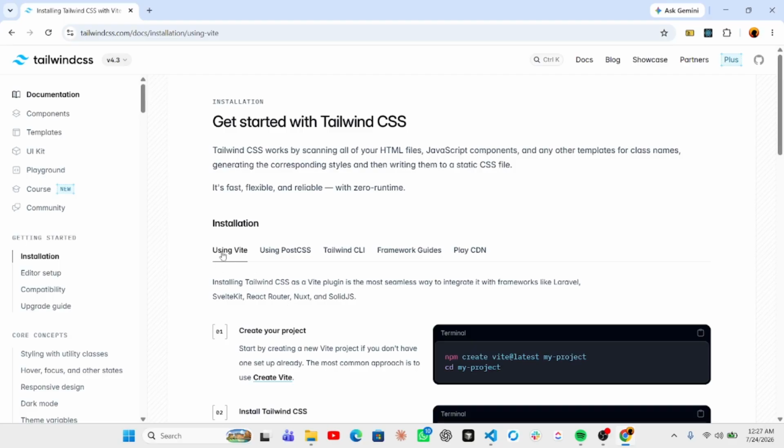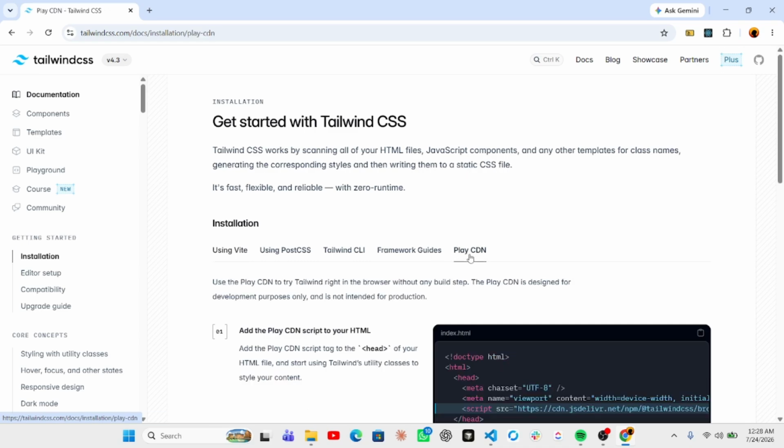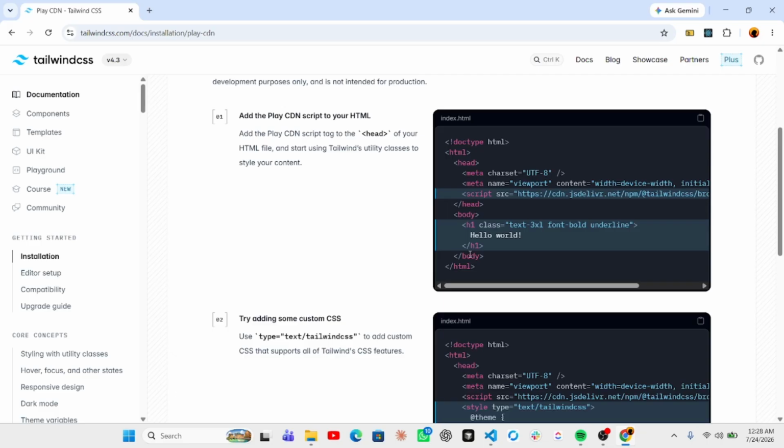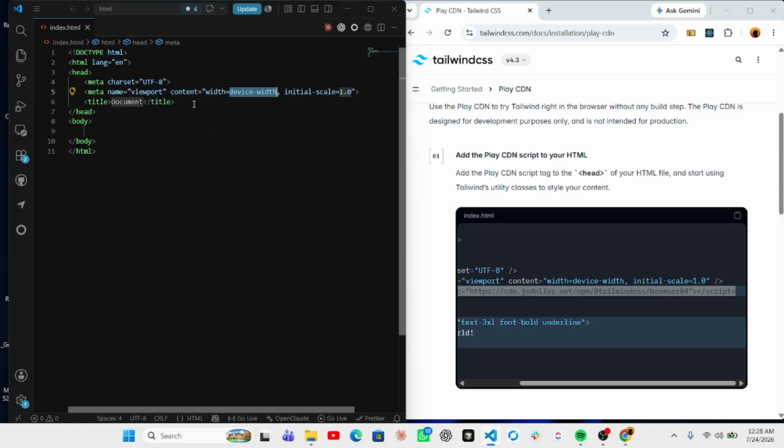If you are using Vite, you use this, but then we are actually going to use the Play CDN, which is this, and then we don't need to do too much, right? We're going to copy this script tag and paste it in our HTML head tag. So I'll just head to my head tag and paste what I copied, right? So let's see, I have this